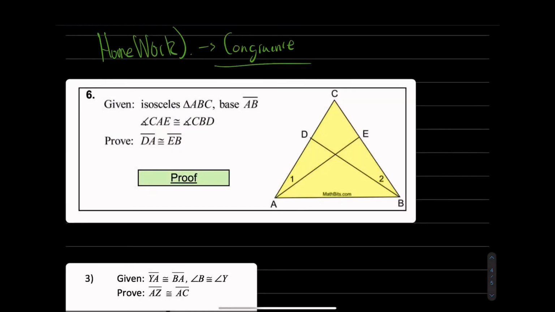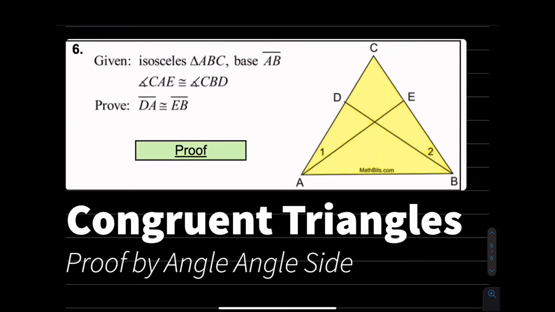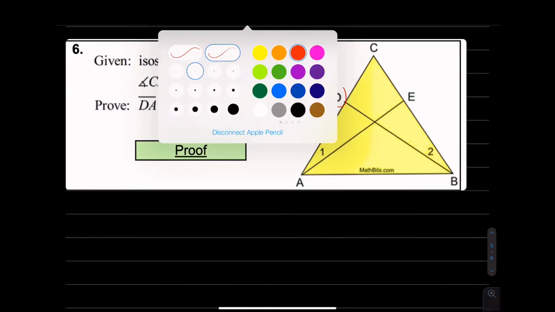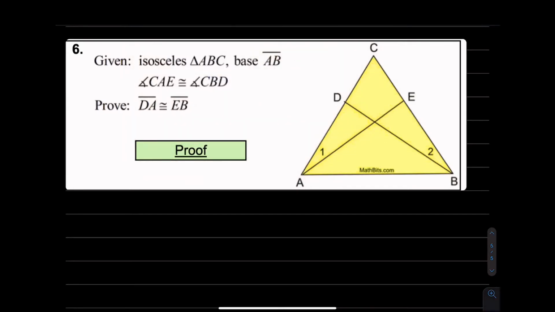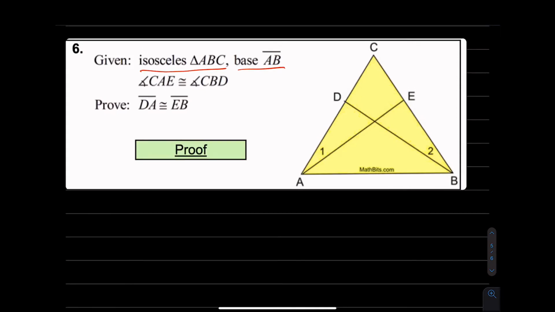So for this question, to prove congruence, let me just grab this from here, copy that, and we'll just go down over here. Cool. So I think your issue was with the letters instead of actual numbers to signify the parts of the triangle. So we're given that ABC is isosceles and the base of AB is just AB, cool. And the angle CAE,